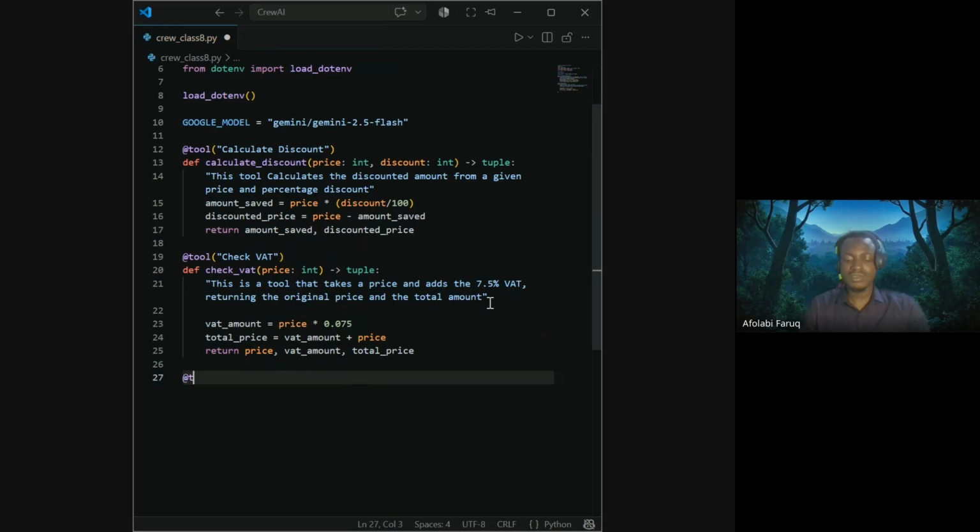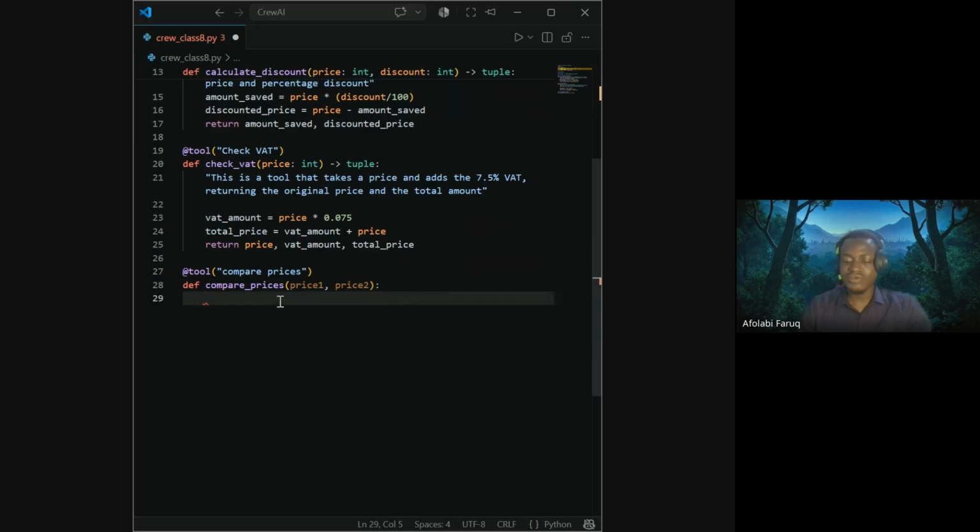Now, the third tool we are going to be building here is one that compares prices. Okay, so now let's write the docstring for this. So we are going to say